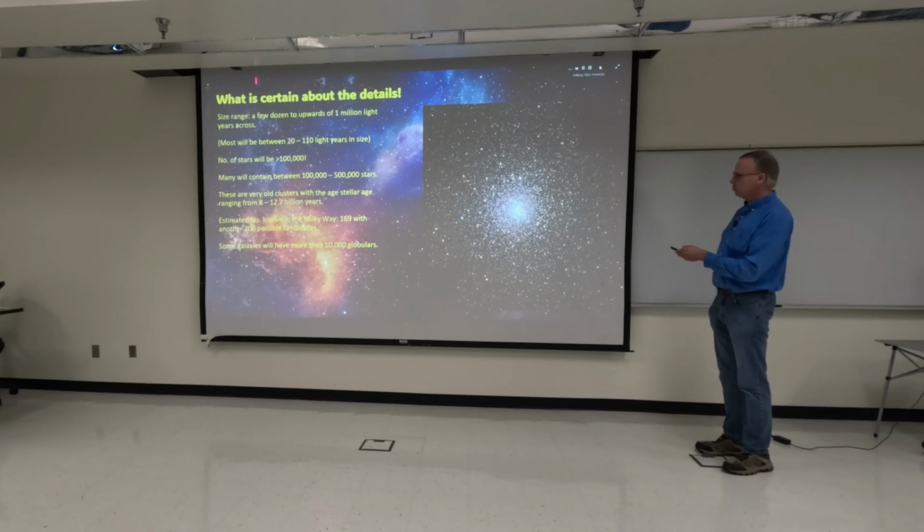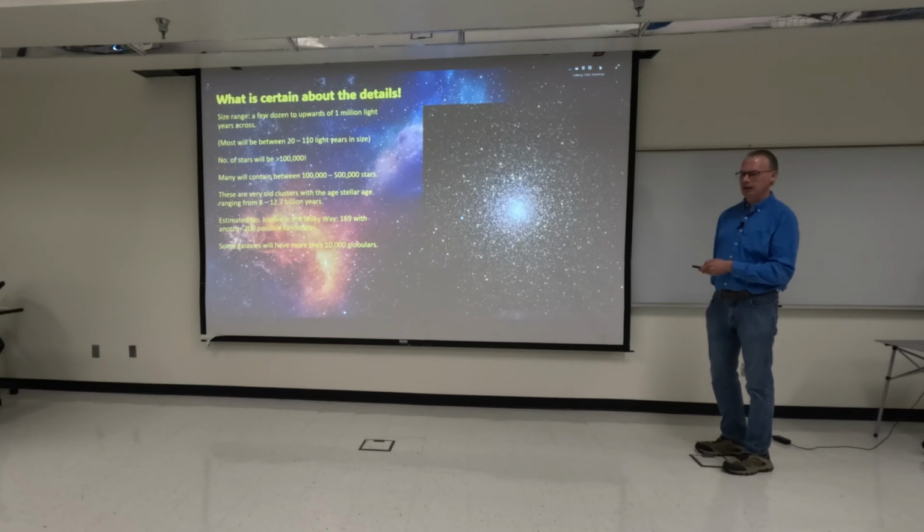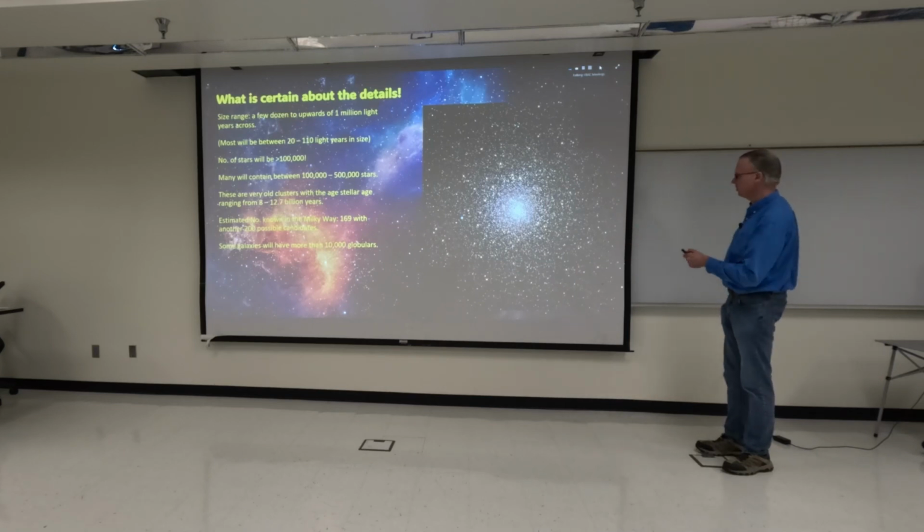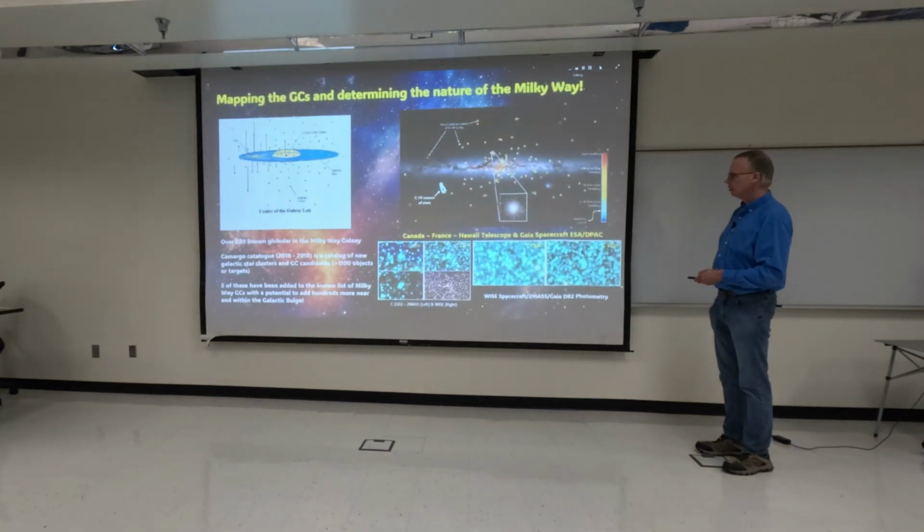Now we have to remember there's what we call the half-light radius versus that of the tidal radius, because you can have a globular cluster that is 20 light years in size due to the concentration of the stars, but then the gravitational effects can be about 10 times that. So there are 200 known globulars, of which we have 169 that we've established with names other than the catalog designations.